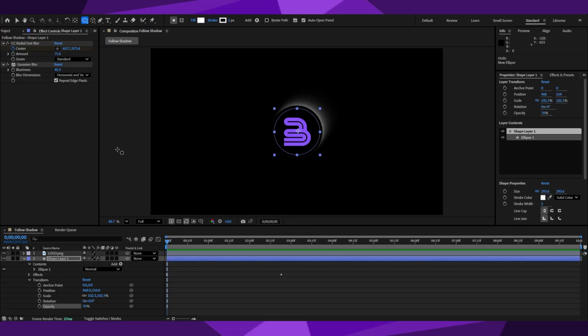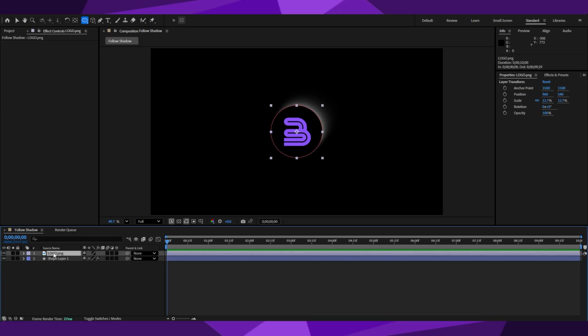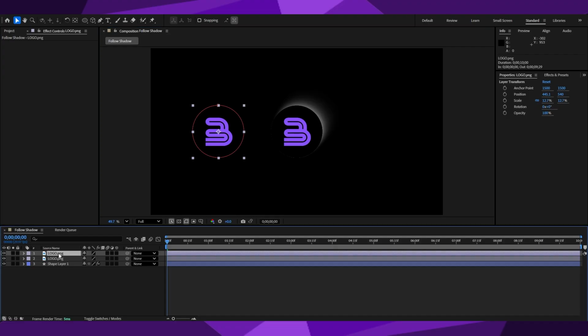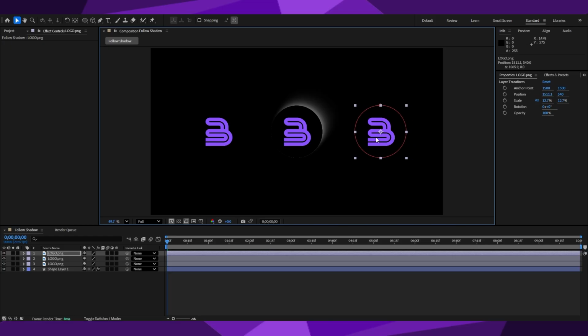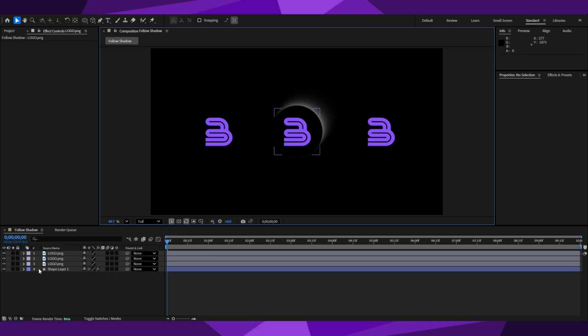Oh yeah, something I should mention to help elevate this a little bit more is when you do have this effect in play and you have everything set up the way you want it to be set up, if you are to add another, let's say a logo or something, right? So if we Command D this or Control D this, and we shift this to the side, we can do it 3 times just for showcasing. And we shift this to the side just roughly, and we take this layer from before,